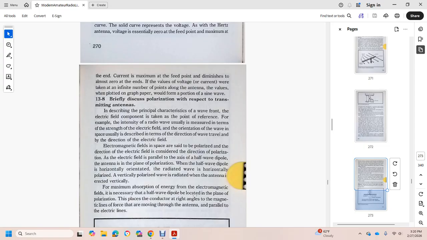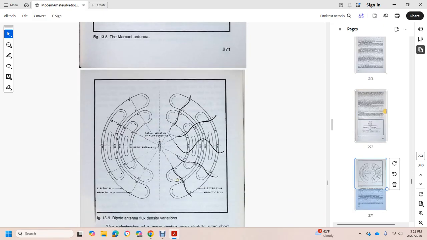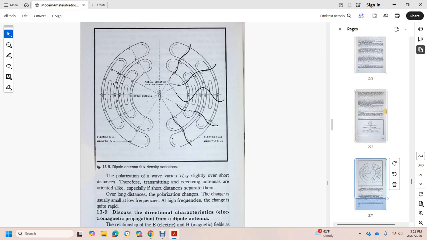The maximum absorption of energy from the electromagnetic field is necessary with the half wave dipole located in the plane of the polarization, placed over the conductor at right angles with the magnetic lines of force moving through the antenna parallel with the electrical lines. Alright, this shows the dipole antenna. The polarization of the wave may vary slightly over the distance,